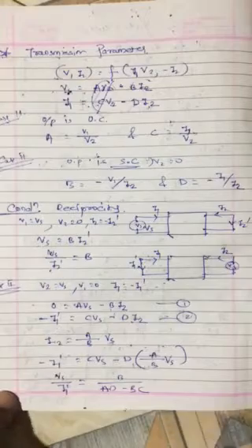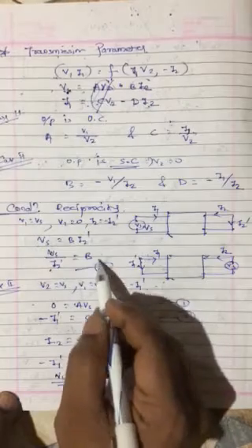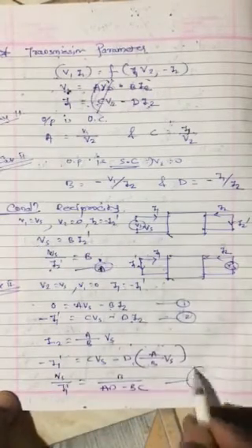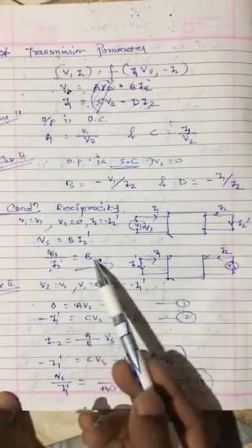Now for the network to be reciprocal, if this is Roman 1 and this is Roman 2, because A is already there, then Vs by I2 dash and Vs by I1 dash should be equal. This happens when the right hand sides are equal. So for the network to be reciprocal, B should be equal to B upon AD minus BC. Taking AD minus BC here and B here, B and B get cancelled, so AD minus BC equal to 1. This is the condition for reciprocity.